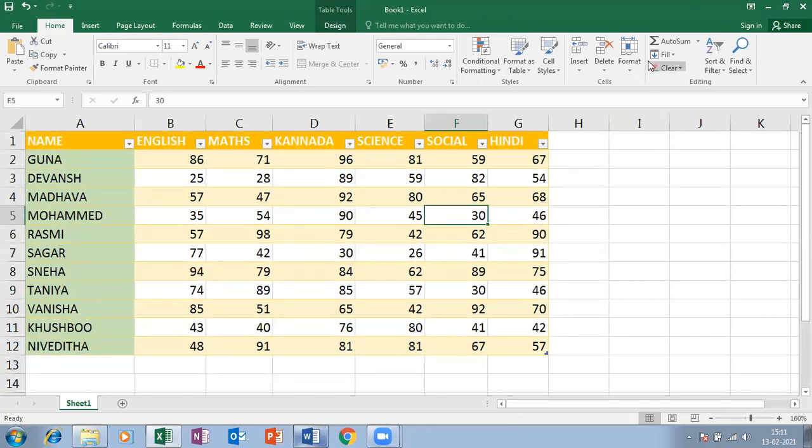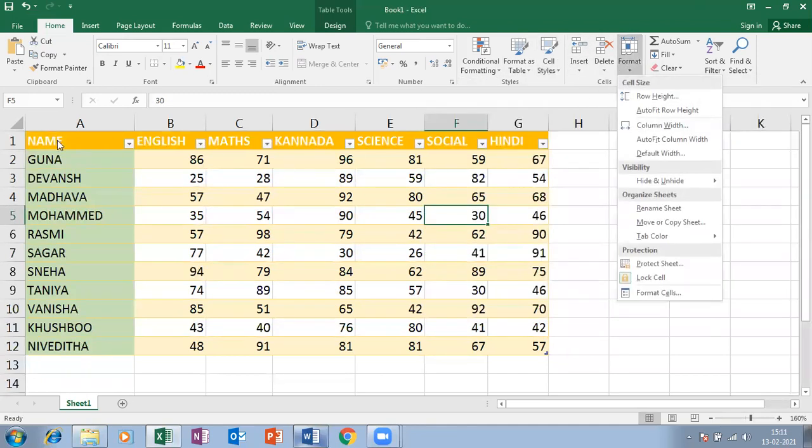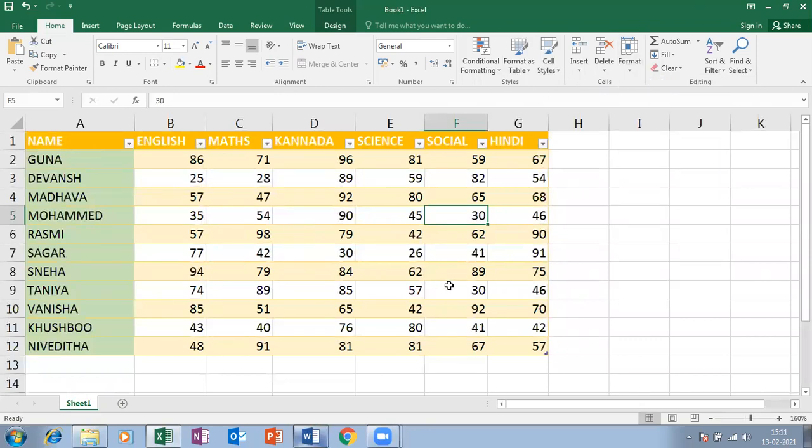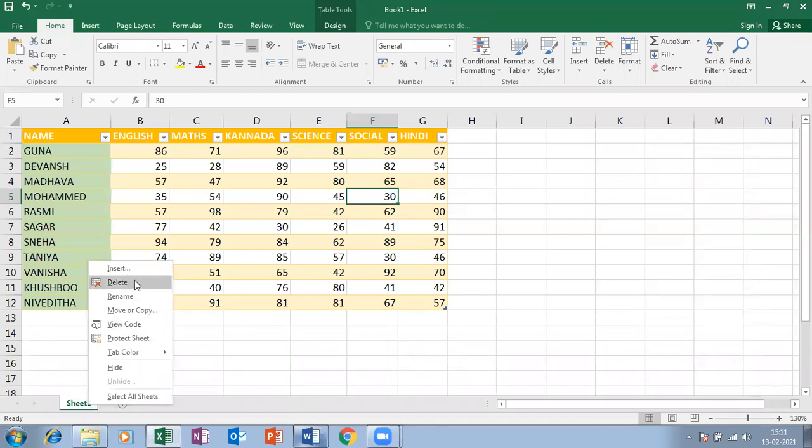And then see here, I think this insert cells, delete, format. Okay, so this and all very easy for you. Okay, when I say just right click on any sheet, can you see the options?